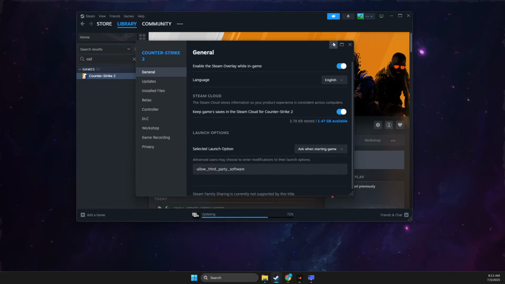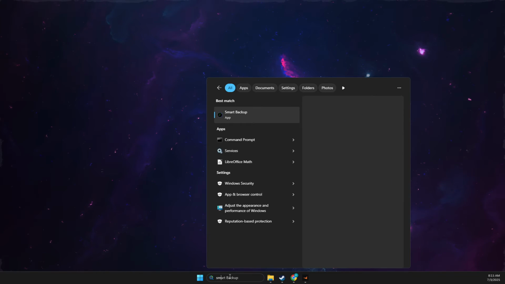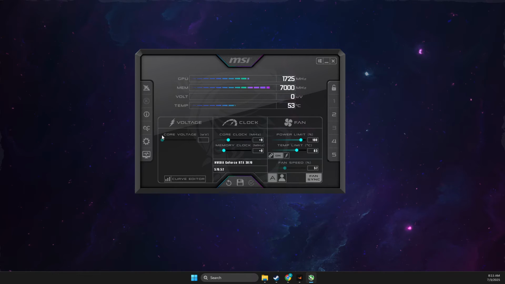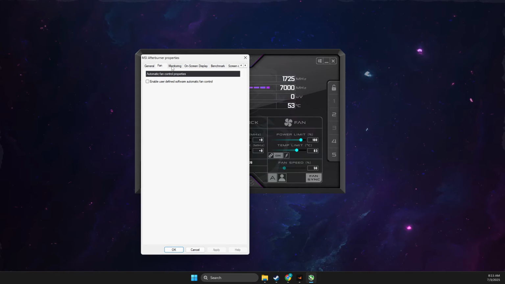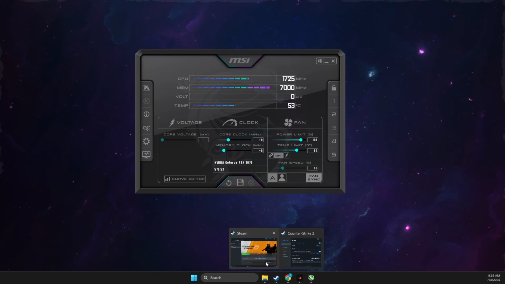Once you do that, then you need to launch MSI Afterburner here. Let's launch MSI Afterburner. Then, if you haven't already, you just need to tweak some settings here if you want to. But nevertheless, if you're satisfied with the looks, you just need to launch and run Afterburner, and then you just need to run CS2